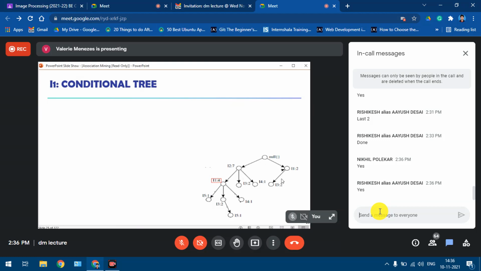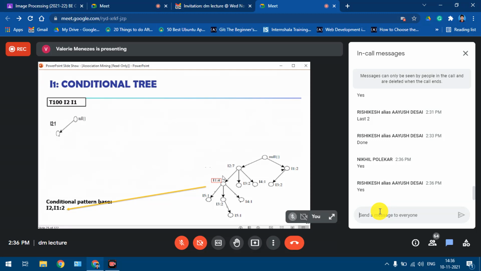Now why can't we take I1, I3? Because I1 here is in the starting position, that is, it is starting from the root node. So we cannot take this branch. Instead, we will take the branch from I2, I1. So I2, I1 is very simple. We have only one branch. This is 4, I'm sorry, this is 4, not 2. So the support count has to be updated.